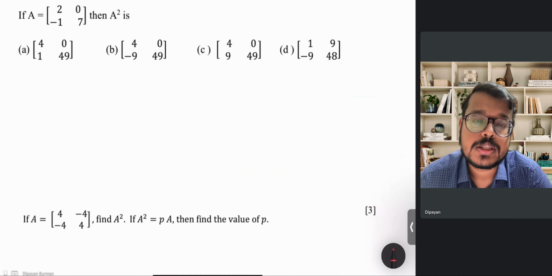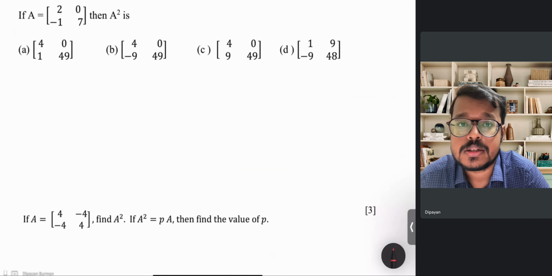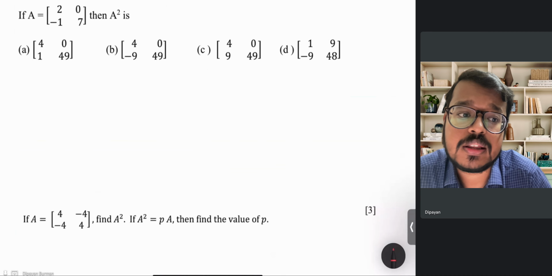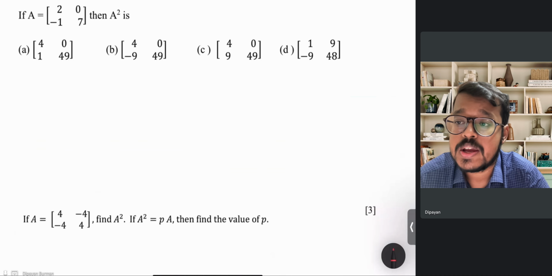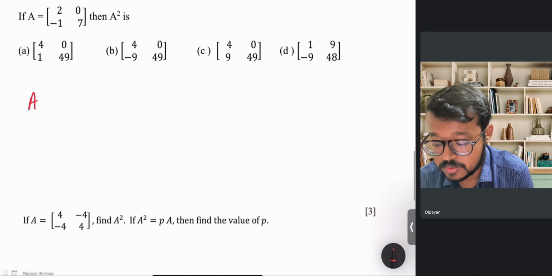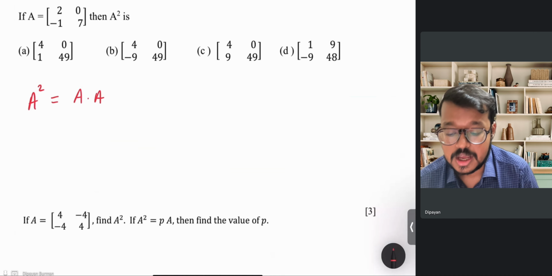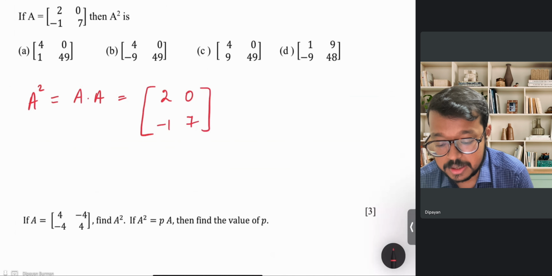Now one common misconception about square of matrices is that if I have a matrix and I square all the elements of that matrix, I will get the squared matrix, but that is not necessarily true. So if I want to find A square here, I should write that A square is always A multiplied by A itself. And if I do the matrix multiplication, I'll write the elements 2, 0, minus 1, 7 multiplied by